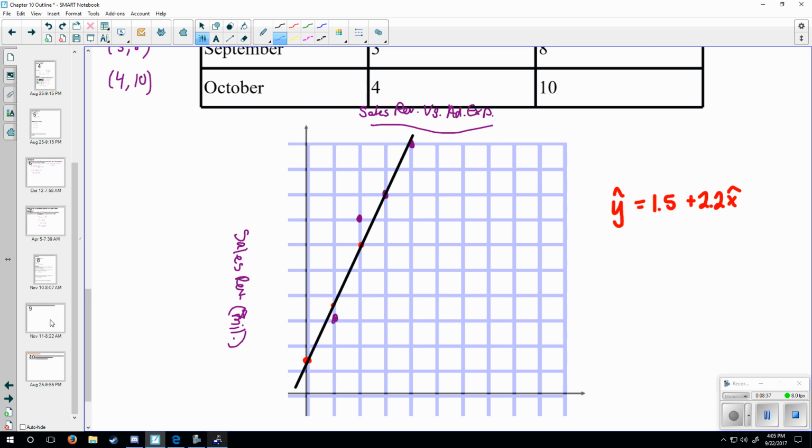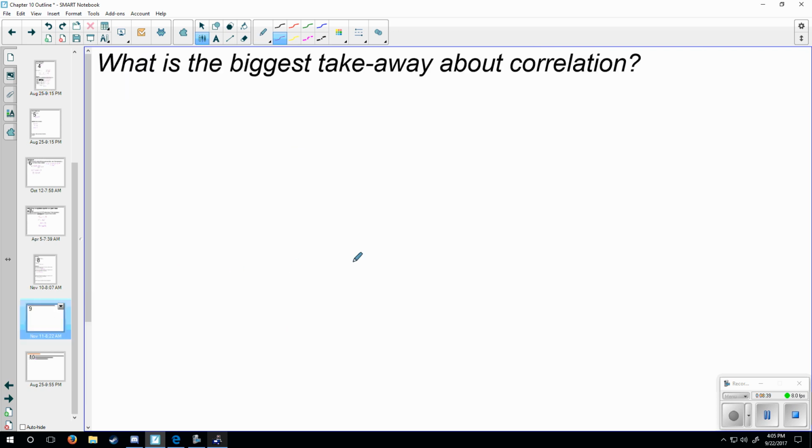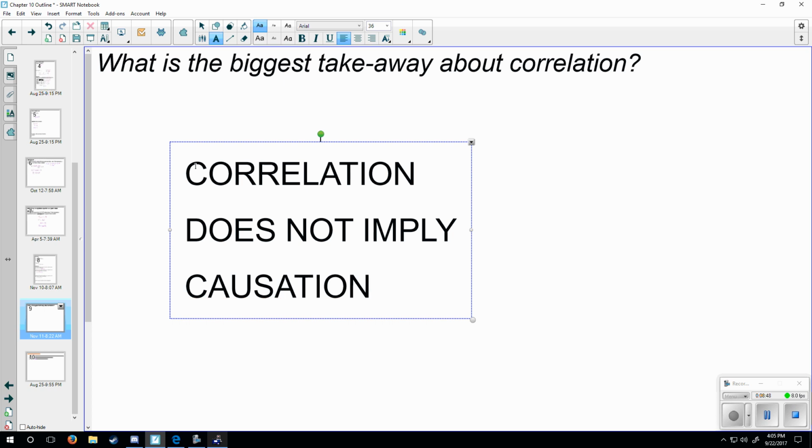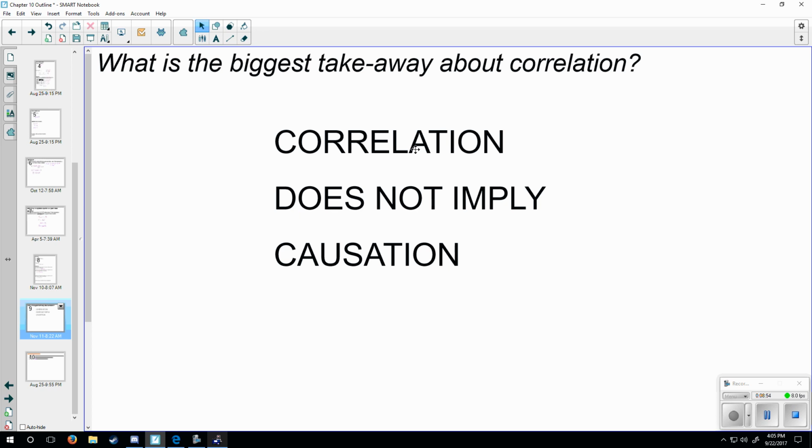The last thing to always think about with correlation, so what is the biggest takeaway, is the fact that correlation does not imply causation. And the reason I drill this into all of my students is because just because a correlation exists does not mean that there is a cause-effect relationship. Again, you think about the study time versus GPA example, a correlation will probably exist, but that does not necessarily mean that because you study, you will also do well. It's just kind of a, if it works out well, if things go as expected, it might,